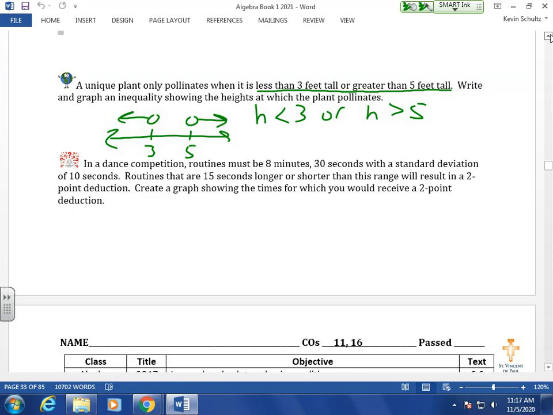The last one, in a dance competition, routines must be 8 minutes, 30 seconds with a standard deviation, which is the same thing as absolute deviation. We covered that in CO11, of 10 seconds. So just because we are going back to absolute deviation today in CO17,